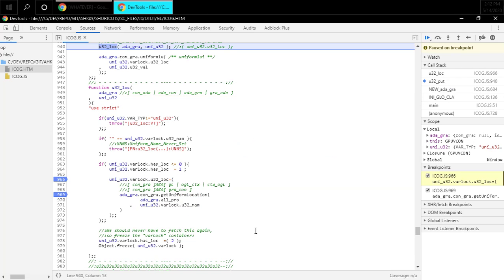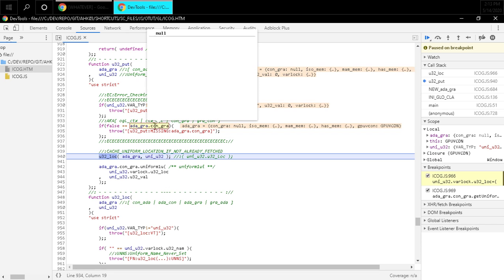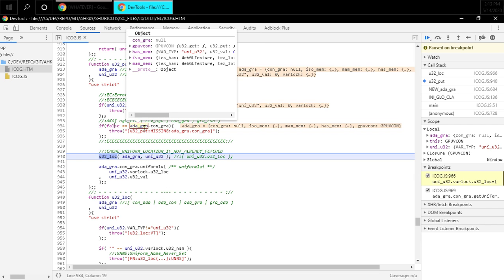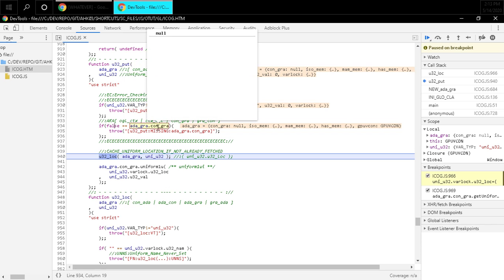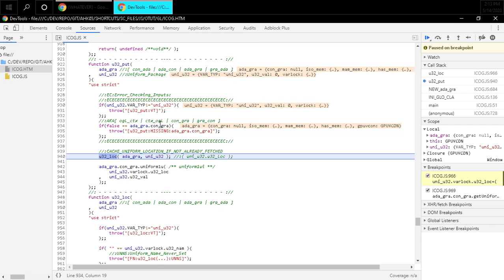and I don't see anything. I thought, what the heck? U32 put is way up here, and that's null. And does that not count as false? Oh, is that because? So null is object in JavaScript, and it